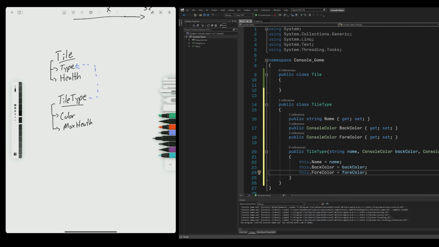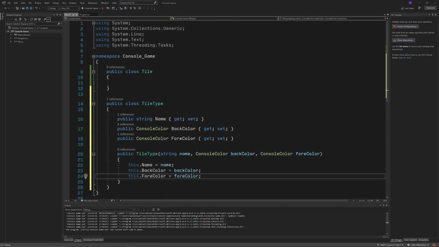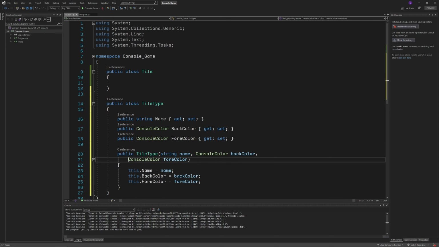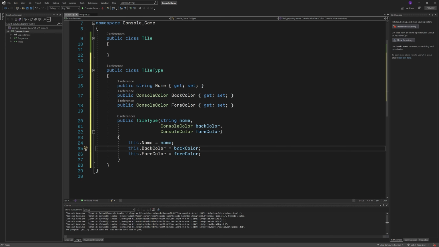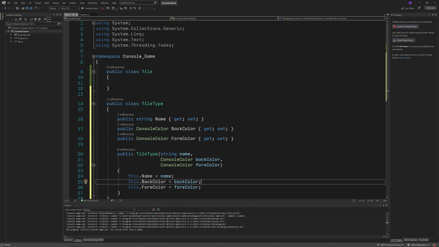Let's talk about this. Oh, I went off the screen a little bit. I apologize. Let me go ahead and pull this up for you guys. Like I said before, we have three things. We have string name, ConsoleColor backColor, ConsoleColor foreColor. I'll even add a thing here so that it wraps around a little bit. You can add space or lines wherever you want. It's not going to affect anything. You could even do this if you want it to be really specific. I'm going to try to just squeeze things in so that you guys can see it even when I